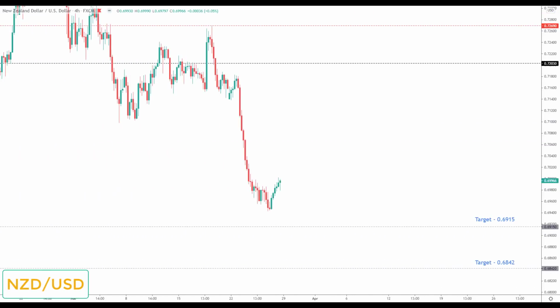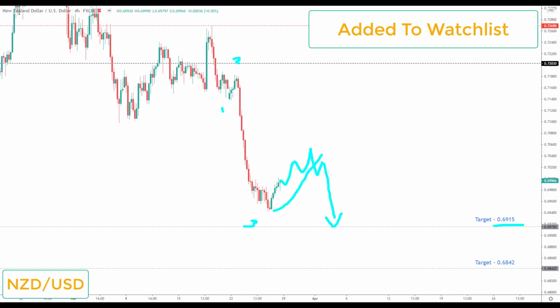New Zealand dollar. I am looking for short setups in this market this week. We have really strong momentum. Again, it looks like 1, 2, 3, and it looks like a 4th wave that we are coming into for another 5th wave down. So any correction, what looks to be a 4th wave, as this continues, I will be looking next week for a break lower. And I'm going to be looking at initiating shorts down towards the next key of support to the downside at the 0.6915. This is a market that does go on the high probability watch list next week.